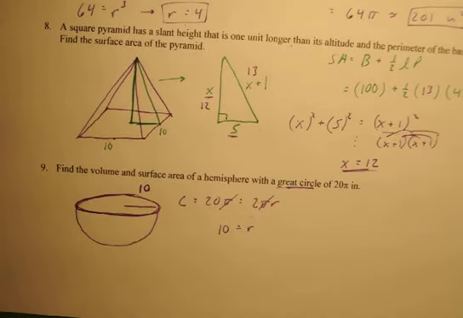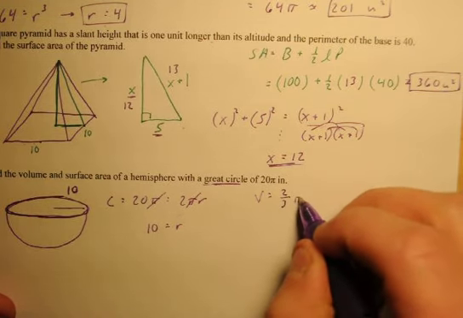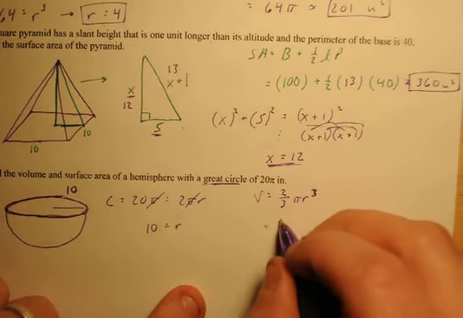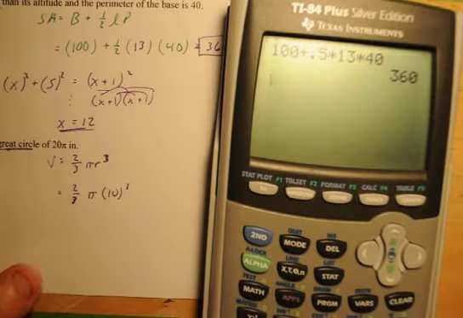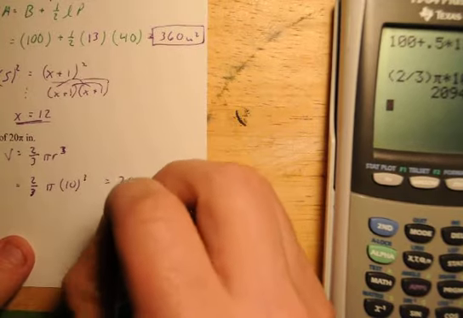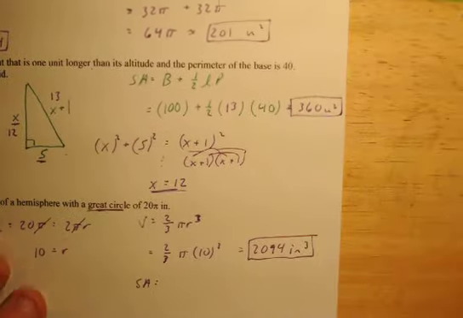Alright, now the rest of this problem is just plugging in. The volume is 2/3 pi r cubed. That's the volume of a hemisphere. Again, you'll get these formulas. You just have to know how to use them. 2/3 pi times 10 cubed. We can go ahead and plug that in. About 2094 inches cubed for that, and surface area ends up being